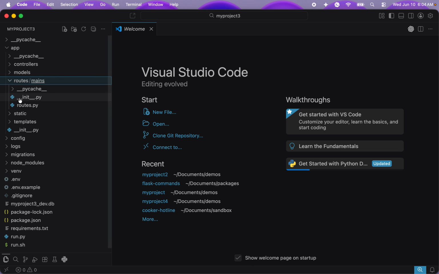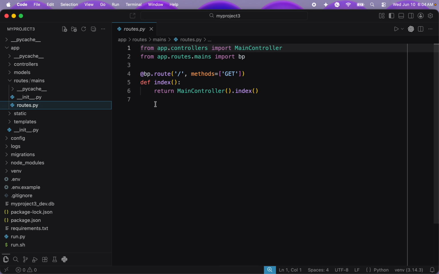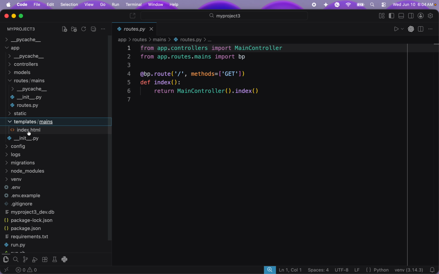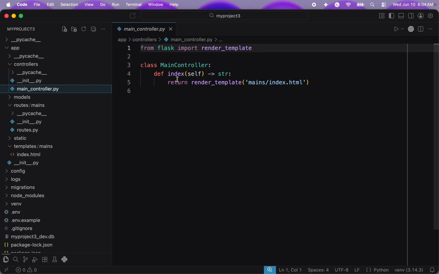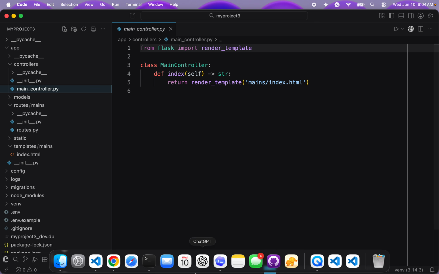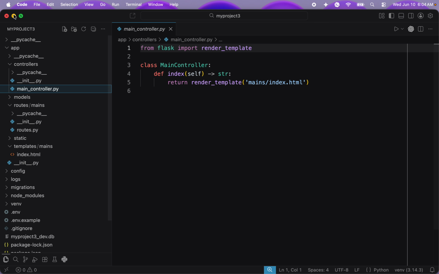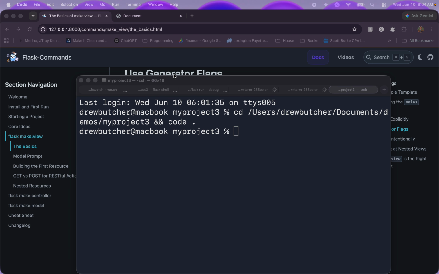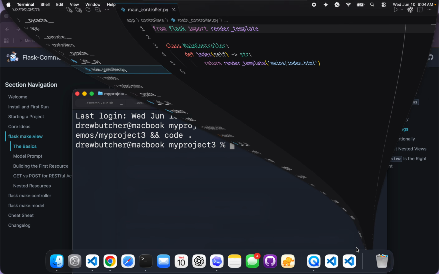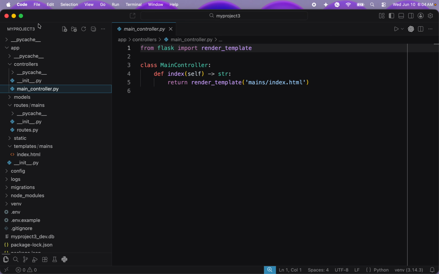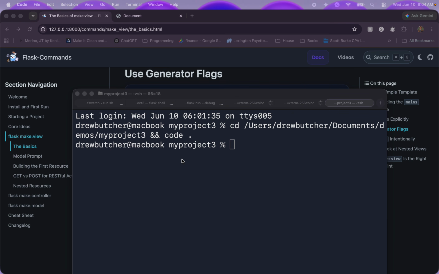Let's go to routes. You can see I have only the main slash route. Under templates, I just have mains index, and under controllers, I have the main controller, but it just has the one method. So let's go back and we will, in project 3, so we were in project 3 right here, we will now do